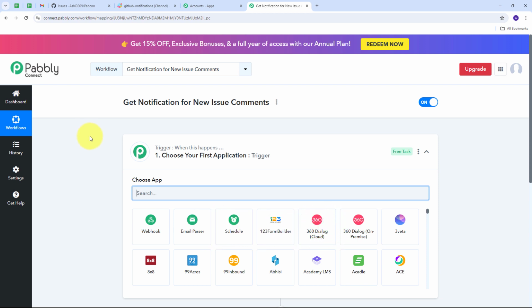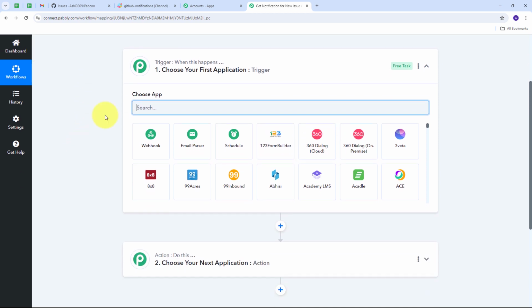And it will take us to this most important window of our workflow. Here we have two boxes, trigger and action. So these are the two main principles on which our workflow works. Trigger says when this happens, action says do this. So trigger is going to be the first step that will get executed in our workflow, and action will just